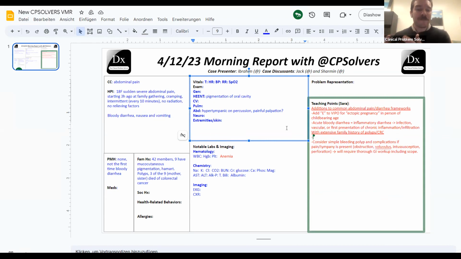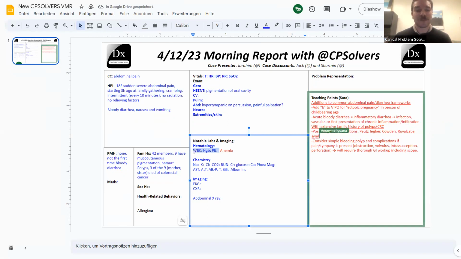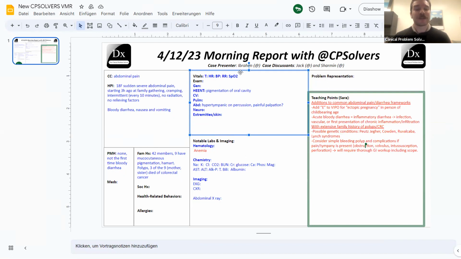So I think we certainly have some very interesting family history here to contend with. And I think then trying to say, okay, how can that family history and those underlying risk factors map onto the presence of pain and hypertympany here? And I think obstruction starts to come up potentially higher if there are lots of polyps throughout the GI tract, along with all the things that you mentioned from the get-go, Sharmeen, in terms of acute onset bloody diarrhea, still prioritizing infectious causes, but expanding the spotlight to include obstruction, with these polyps being the nidus of it, either through the luminal obstruction or an anchor point for some of these other knotting problems within the GI tract.